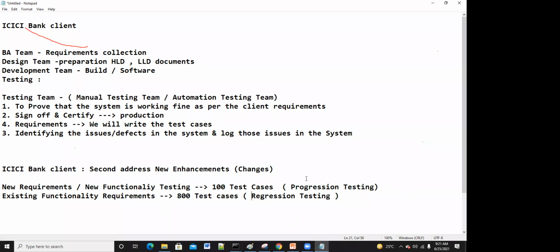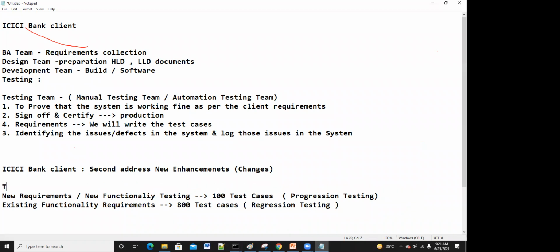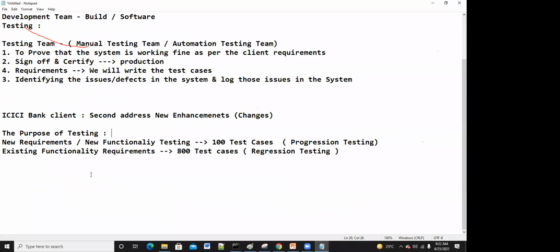Okay, so the purpose of our testing is this one. The purpose of our testing is that we have to prove that all the new requirements and existing requirements are working fine or not.